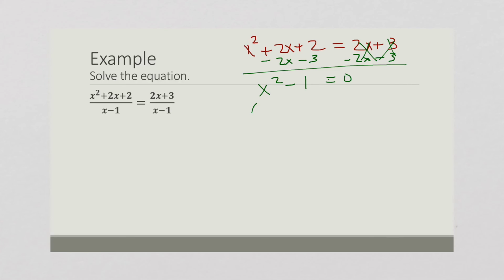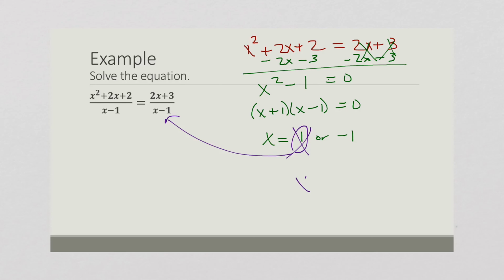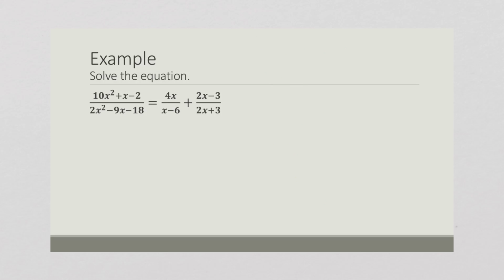Well, this factors into x plus 1 times x minus 1, which means x is going to equal either 1 or negative 1. Well, if we look at our function, if x is 1, it's going to make my denominator 0, so that can't be my answer. So x can only equal negative 1. You have to check all of your solutions to make sure you rule out any that are extraneous. Here we have a rather